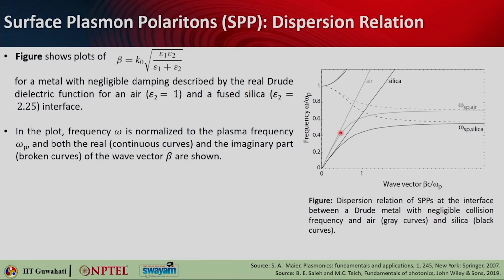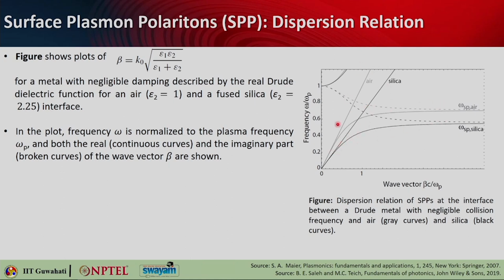If you know the plasma frequency, you can find out the actual frequency we are talking about. So this is a normalized one. Again, the wave vector is also a normalized one. You can see it is beta c over omega p. Okay. Now here what is happening is that